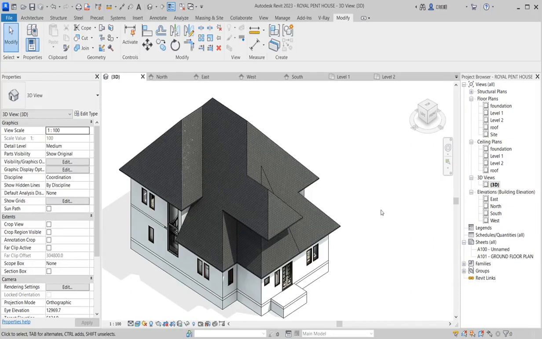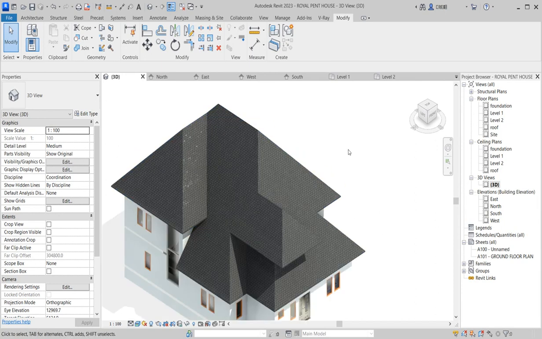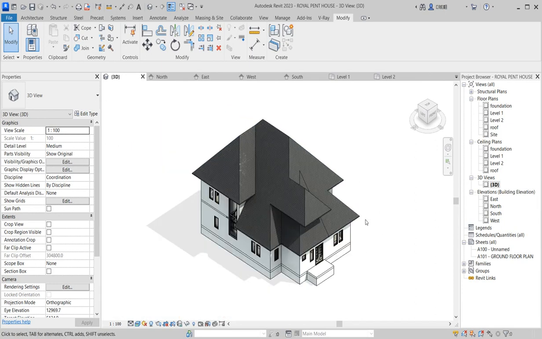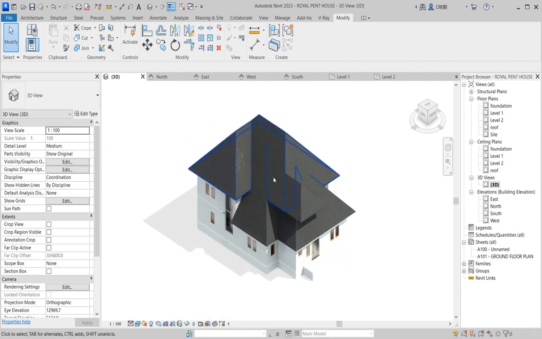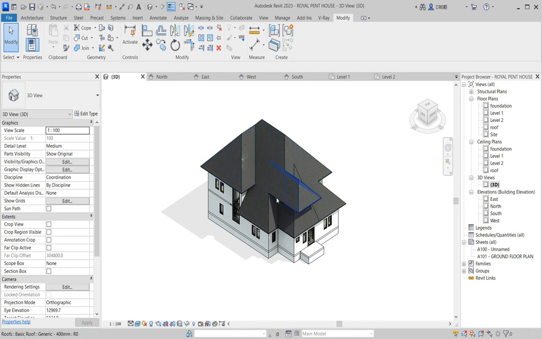In this tutorial, we want to conclude our roofing system on the royal penthouse that we have started for a while. So we want to create a ridge cap around these positions. So we want to adjust some of these things and bring a little bit of elevation value before we conclude that. So in the last